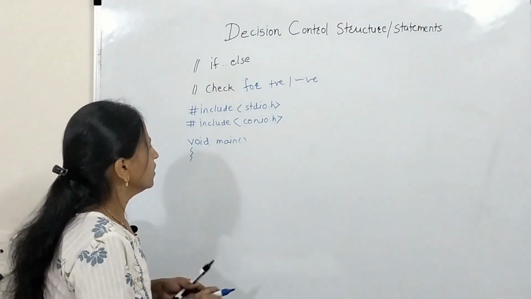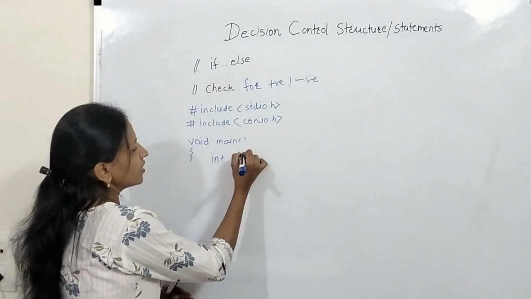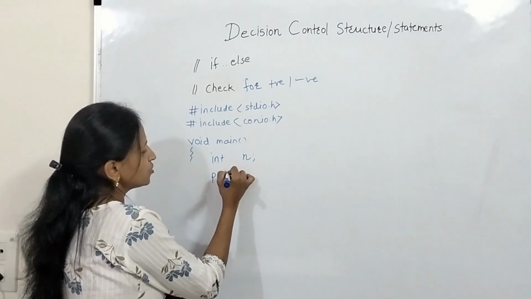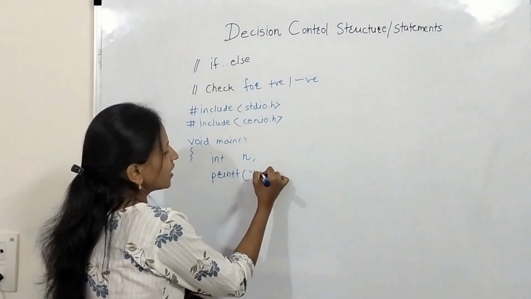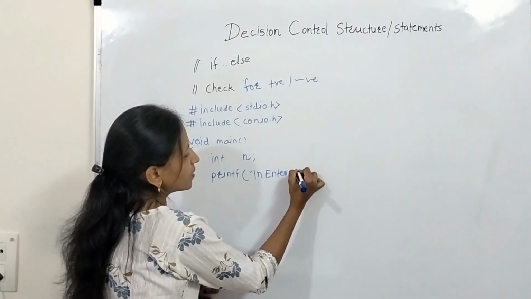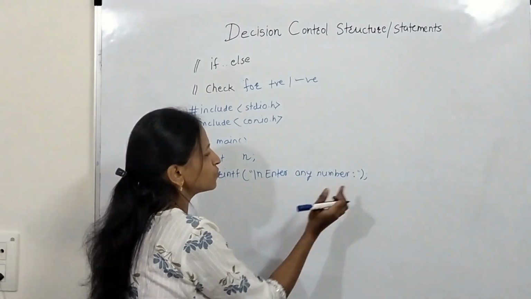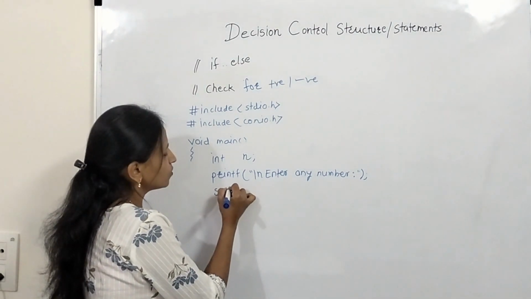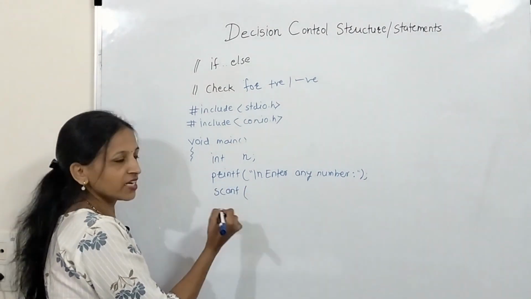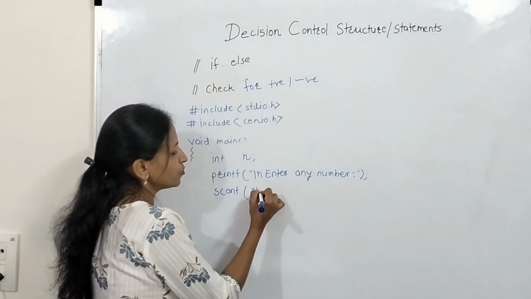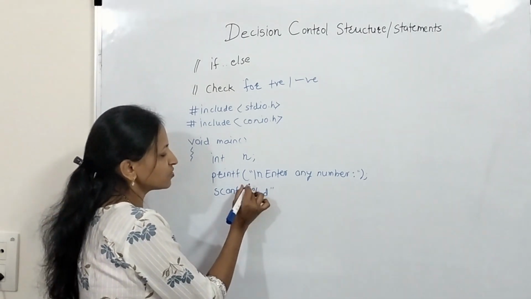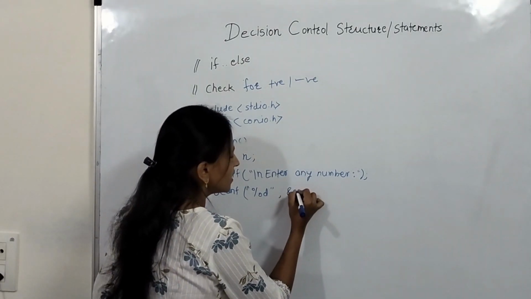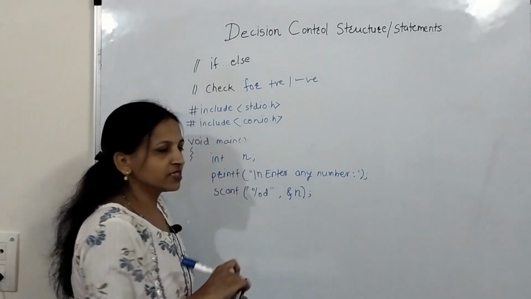See how. First we have to declare one variable. Again, suppose we have declared the same n variable. We will give a message to the user here, like printf enter any number first. Now we have given the message, then the user will enter the number. That we have to catch inside n, means we can use a scanf statement to input the value from the user. It is integer type, that's why we will place %d comma ampersand n. Ampersand n is nothing but the address of n.